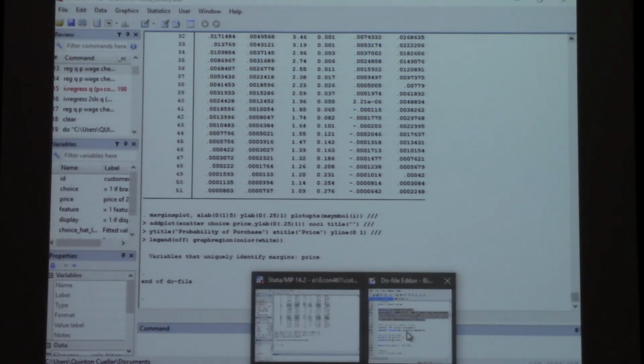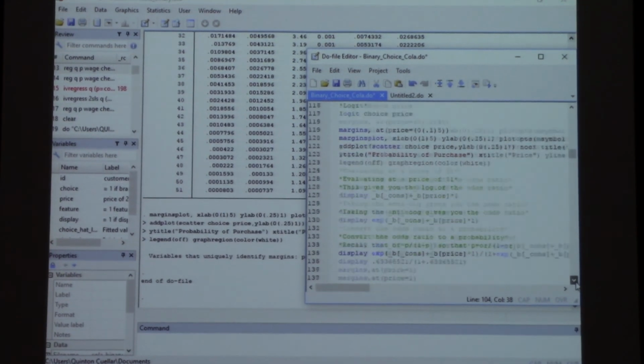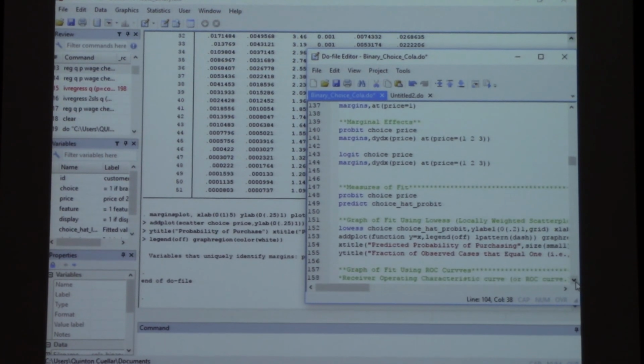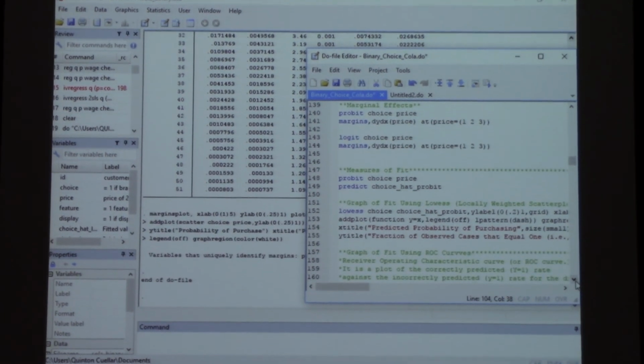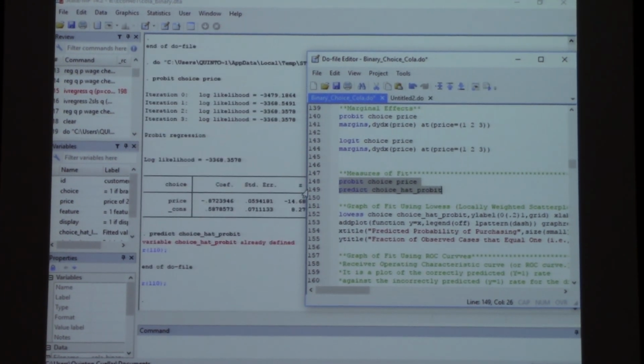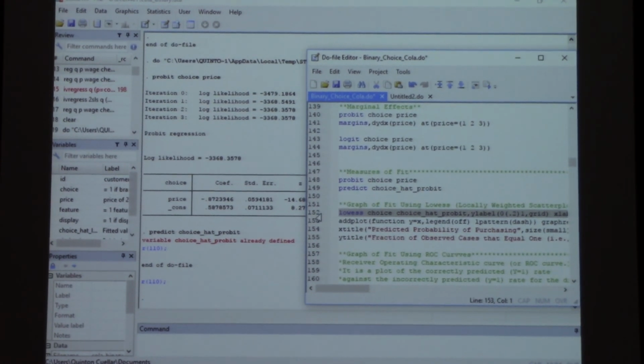Hit rate. Choice hat probit already exists. Okay, so I guess we're doing the zeros first. Zeros is pretty easy. Again, the rest of it is